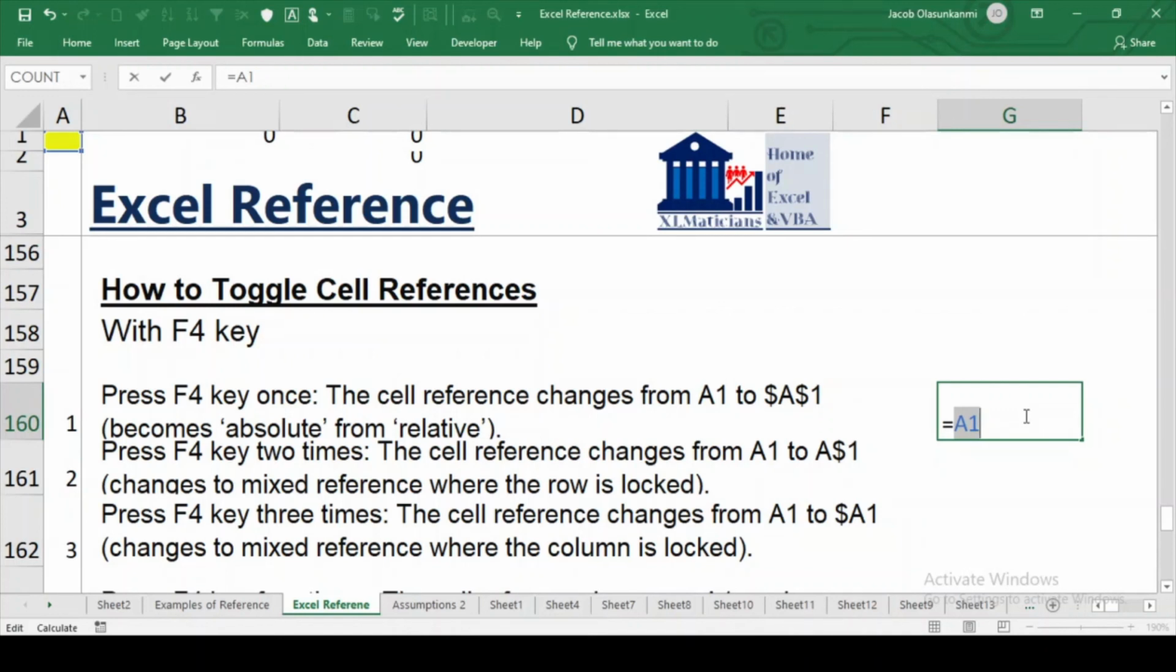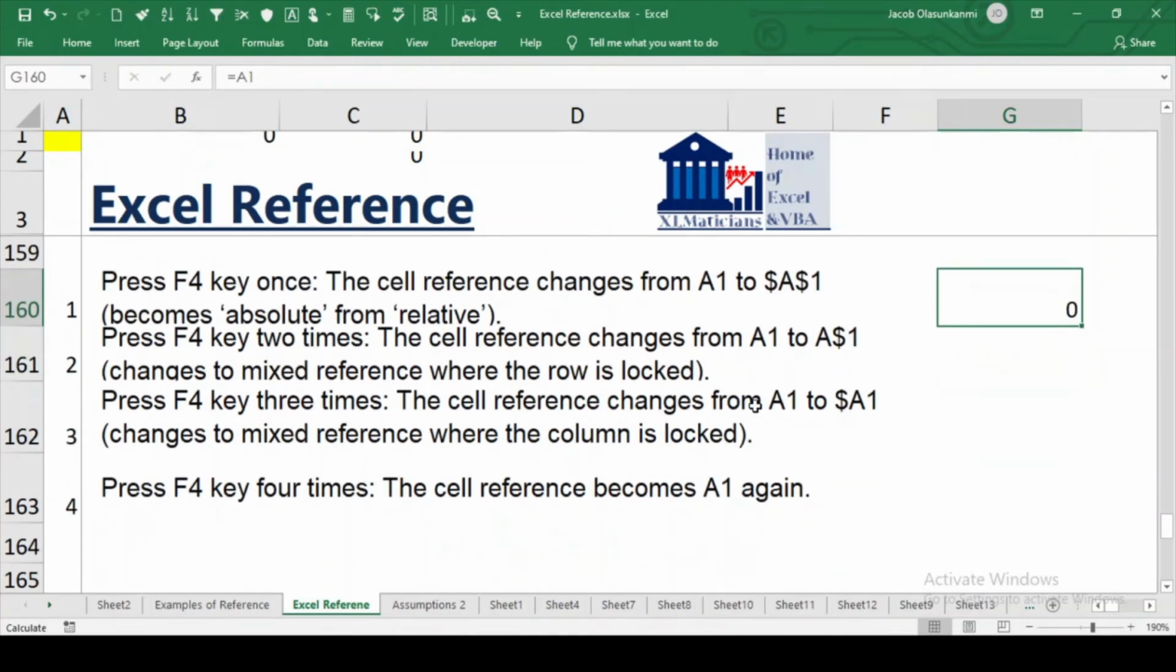And I hope if you practice it, you will see that it's very lovely and it's very interesting. I hope you have learned a